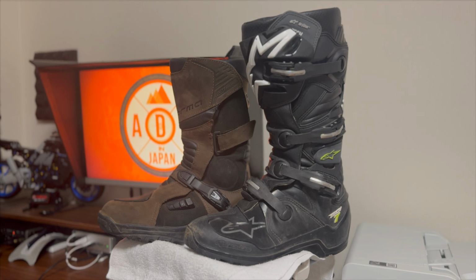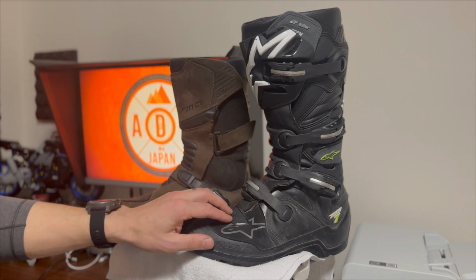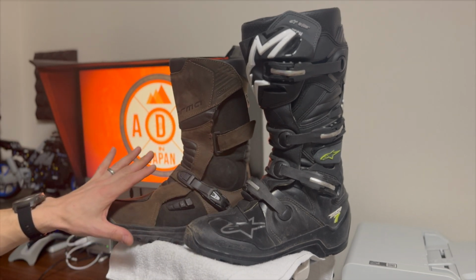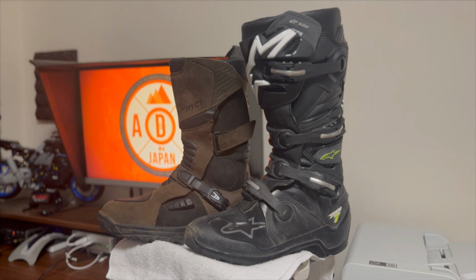And I've put my feet in a lot of boots, testing them out and making sure that this is the one that I wanted. Very, very comfortable boot. Then again, it's not going to be as flexible as this boot, that's for sure. But I have walked around in these boots all day, and I've been okay. It hasn't bothered me. Again, this is a full grain leather mixed with some really hard impact resistance plastics,